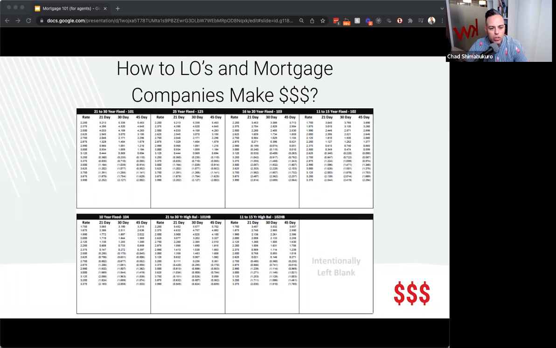So what happens is you figure out where the par rate is, and that's your baseline. If you scroll down on the 30-day column to the rate that says 3.25%, in that rate there's a parentheses, and it says 0.235. Anything that's in the parentheses is a credit. That means there's a little bit of money left over that can then be applied towards closing costs.